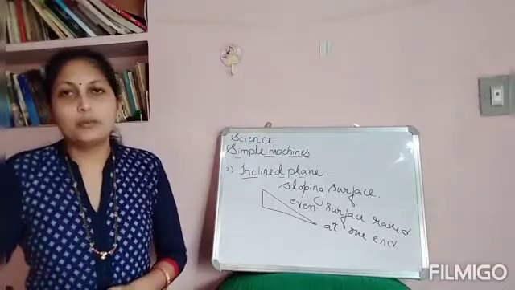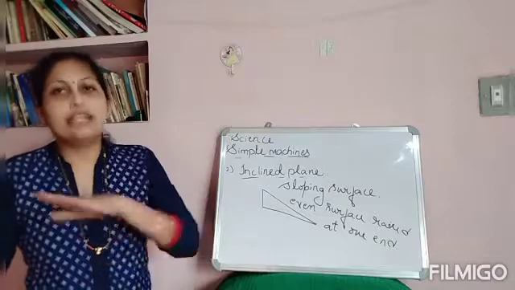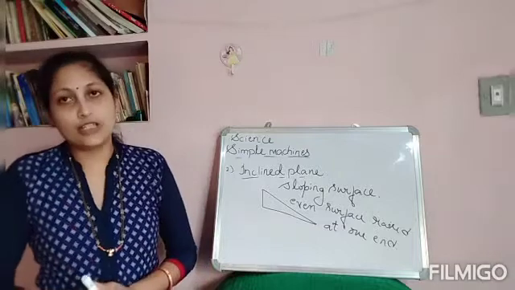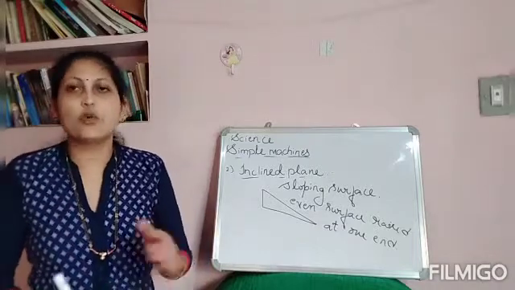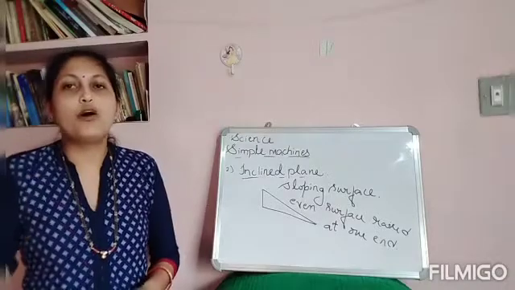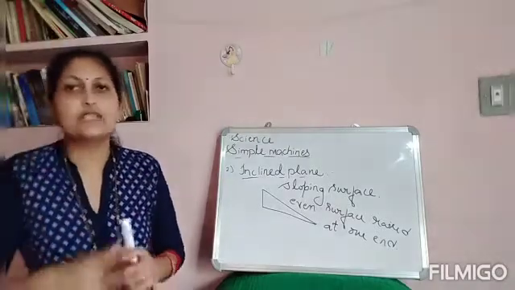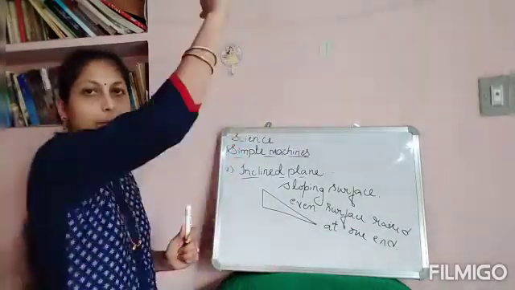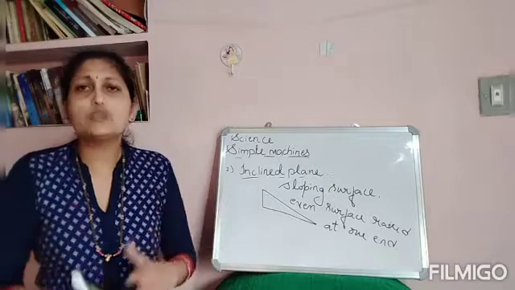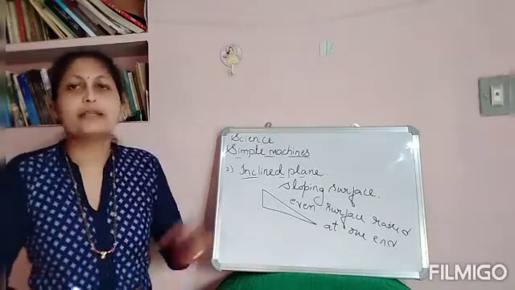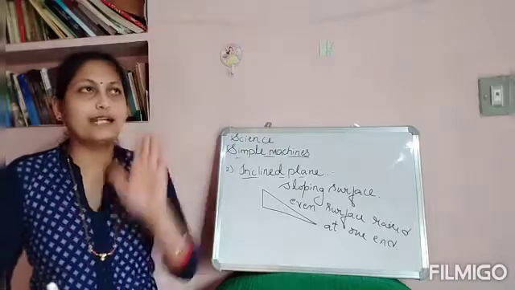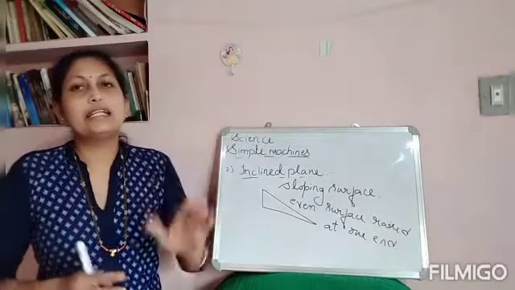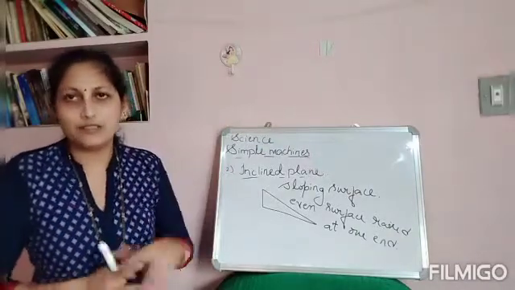In the same way, in hospitals there are ramps so that we can easily carry wheelchairs along the slopes. Even in hill stations, the roads in hills are not made with steep slopes. Gradual slopes will be there instead of steep slopes, so that it is easy to move on a gradual slope than a steep slope. If the slope is like this, we cannot climb, isn't it? But if it is gradual like this, we can easily climb the slopes, isn't it?